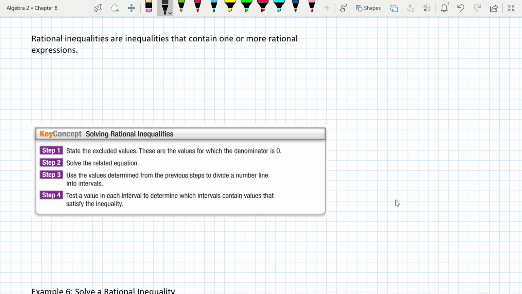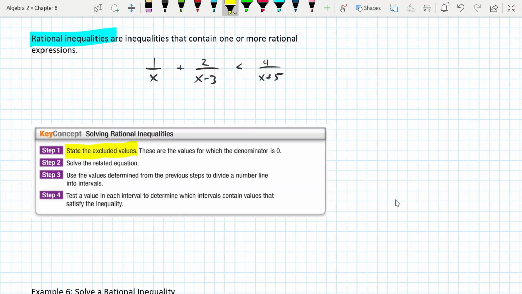Rational inequalities are inequalities that contain one or more rational expressions. So it could be something like 1 over x plus 2 over x minus 3 is less than 4 over x plus 5, right? That's the idea here. Since it's an inequality, it's kind of hard to deal with when we multiply by a negative or not, because sometimes x minus 3 is negative and sometimes it isn't. So the first thing we do, and this is step one, we have to find